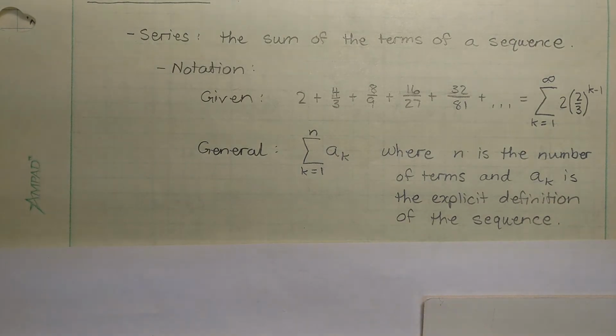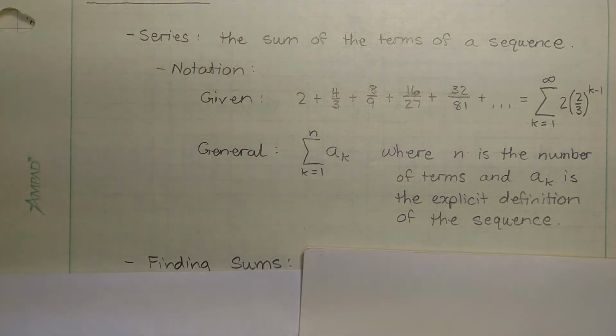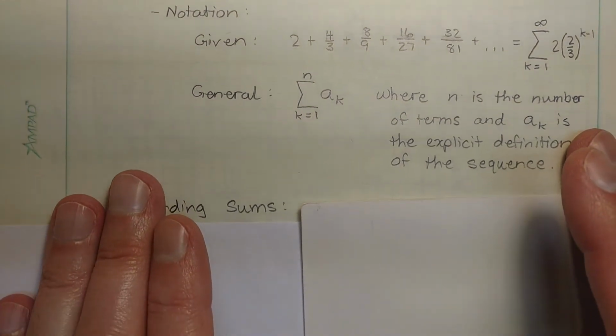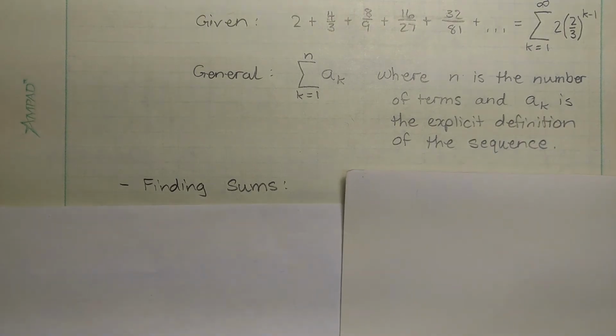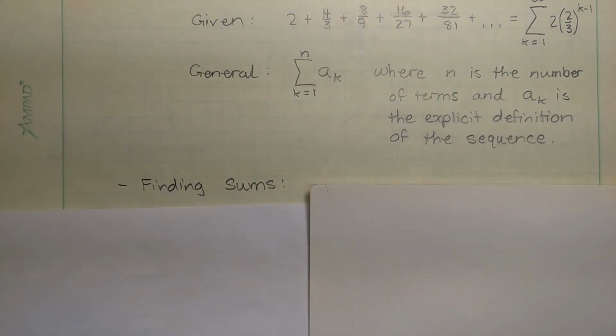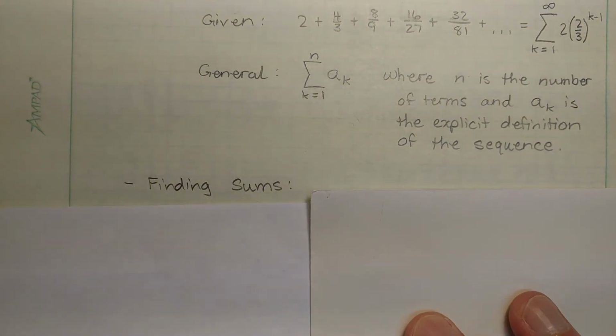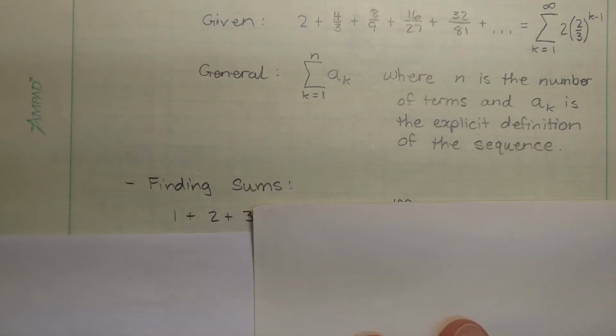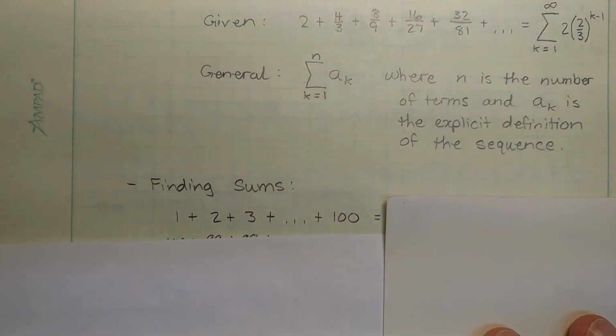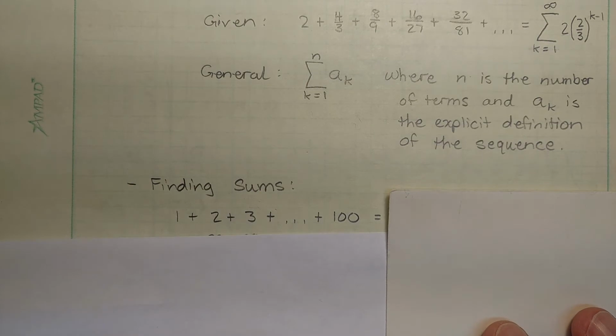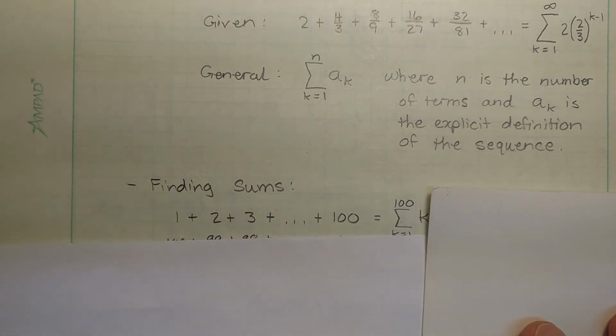Okay, so if K is 1, it gives us the value of the first term. If K is 3, it gives us the value of the third term, etc. All right. So now the key is we want to be able to find sums. Obviously, one way to do it is to list out all the terms and see what it adds up to. But that can be kind of a pain. Because if we want to add this up here,